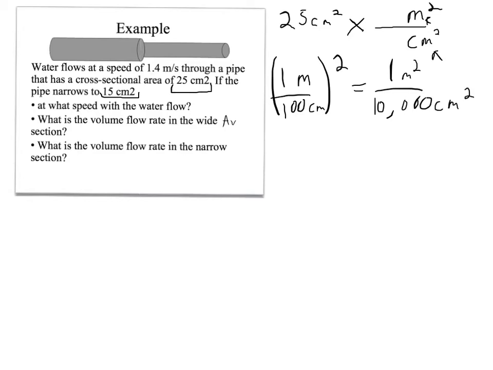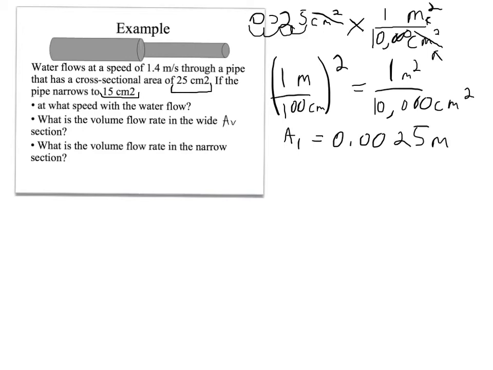centimeters squared. So now I need to divide 25 centimeters squared by 10,000, and that will convert it to meters squared because the centimeters will cancel out. We're just multiplying the top by 1, and I'll end up with meters squared. So let me do that real fast. Dividing by 10,000 is just going to move the decimal 4 places to the left. 1, 2, 3, 4. So that means my cross-sectional area of that first one, A1, is